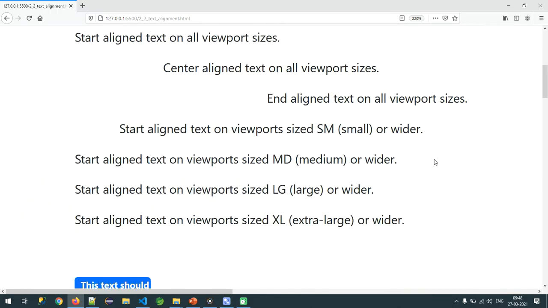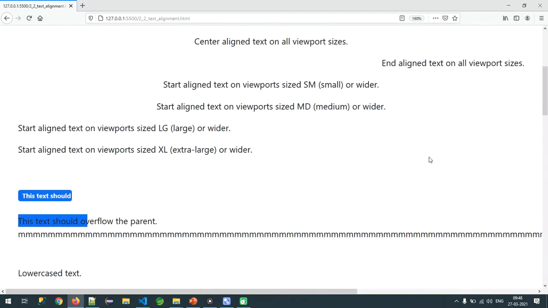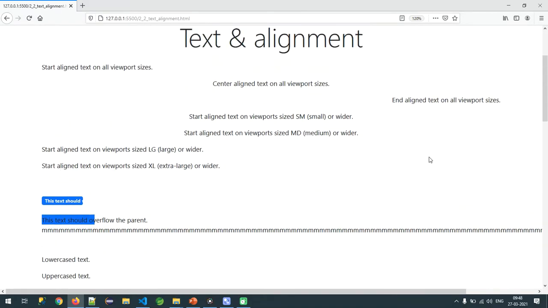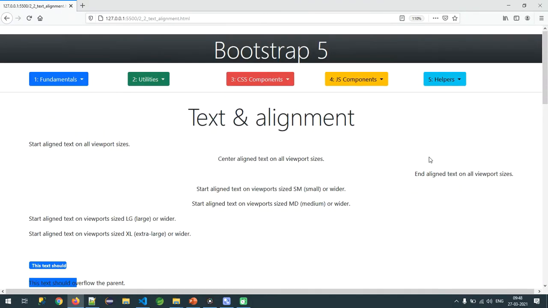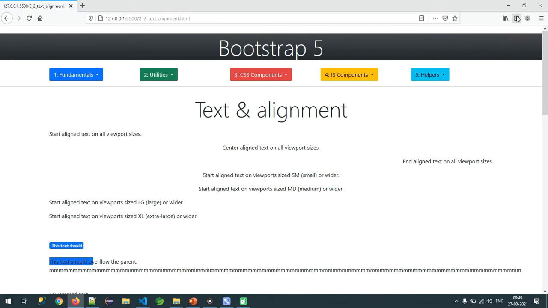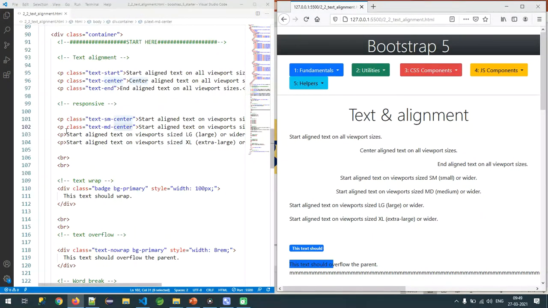So now tell me, are you changing the layout dynamically or is Bootstrap changing the layout, sir? Bootstrap is changing the layout according to your rules. The configured rules. That is the beauty of Bootstrap.